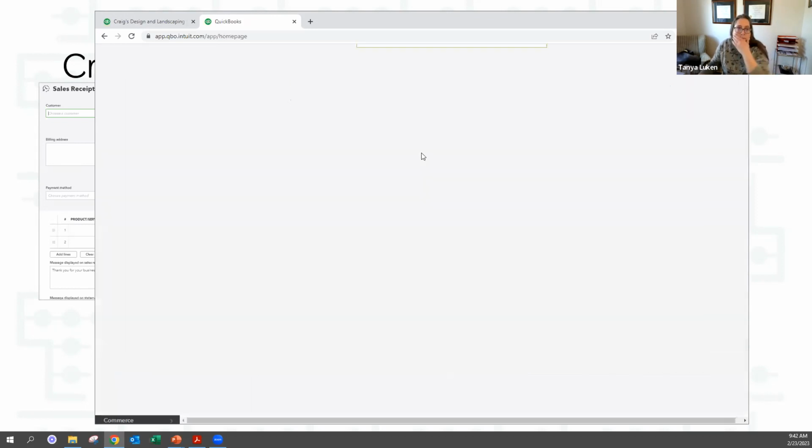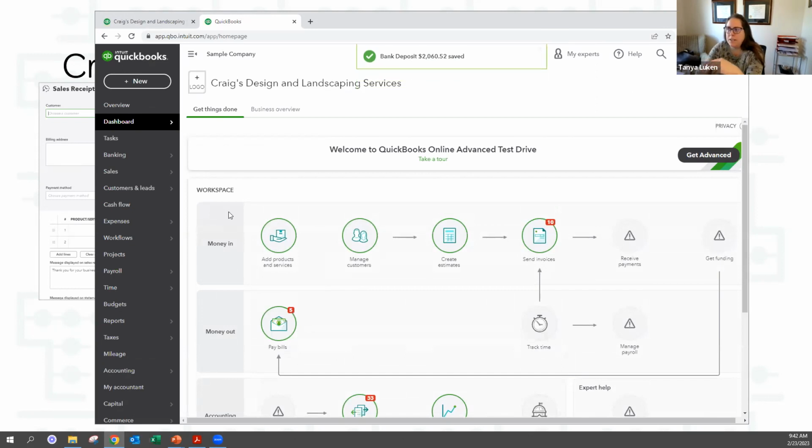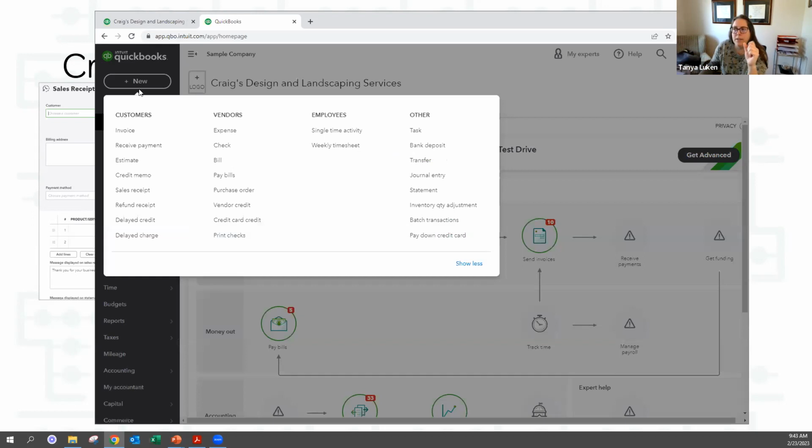I'm going to save this. That's the other thing: let's say that you've created your invoices and you created an invoice for $700 and the money came in, but someone paid it with PayPal or Square or Stripe. And so instead of you getting $700, you got $692. So what happens is QuickBooks isn't going to know that that bank deposit goes with that invoice because the dollar amounts are different. Okay. So to mark things as paid, you would go to receive payments